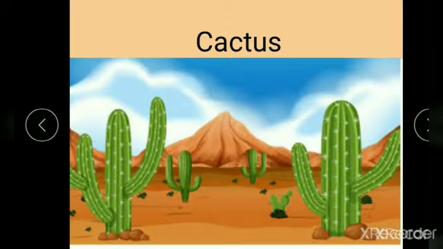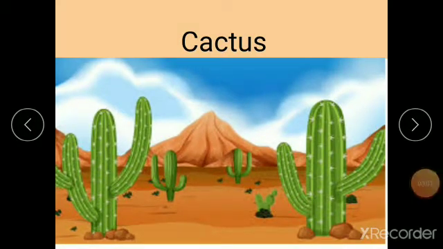Okay? So cacti grow far apart from each other. They give off a chemical which slows down the growth of other cactus roots. This stops other plants from growing close to them and taking their share of water. That is, if there are no plants in their surroundings, then the water in the surroundings can be used only by the cactus.